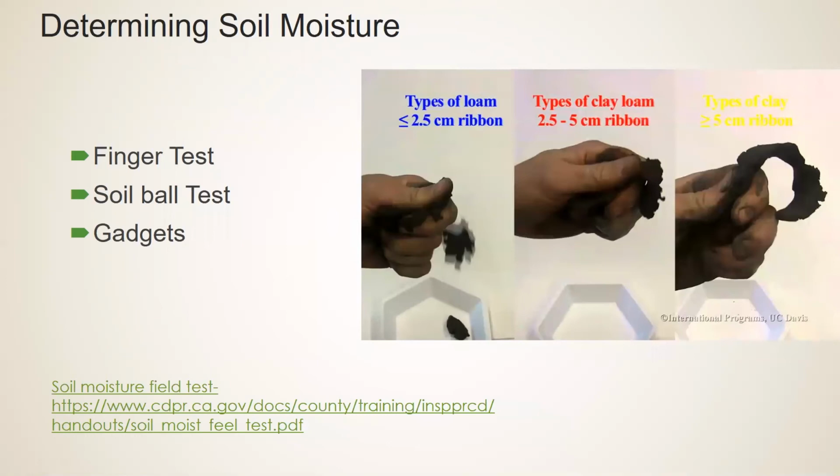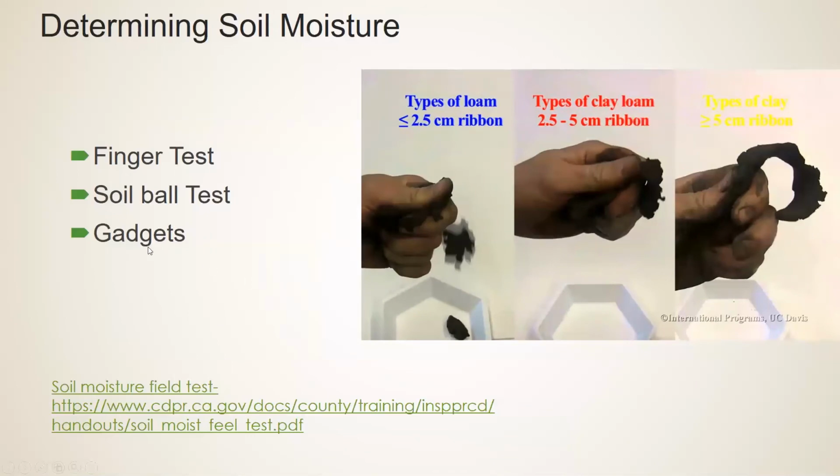And a way of determining soil moisture is to do a soil moisture field test or a finger test. I am not going to spend a lot of time on this because it's a longer, involved topic. But generally, we're rolling soil into a ribbon and then pushing it out through our fingers. The easier it breaks up and breaks off into clumps can start to tell us how much sand or silt we have. Whereas if we're getting these long ribbons, that tells us we've got a higher clay percentage.